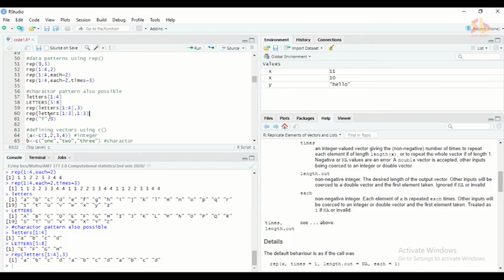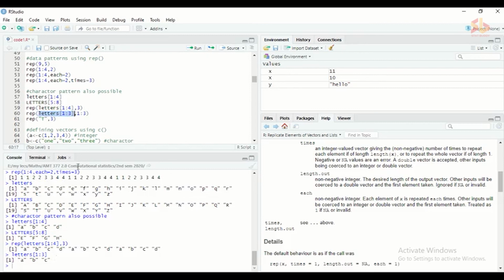So whatever the original sequence in this place will be repeated according to the sequence in this. So it assigns the number to its respective position. So here you can see my original sequence is 1, 2, 3 simple letters. So it is A, B, C.